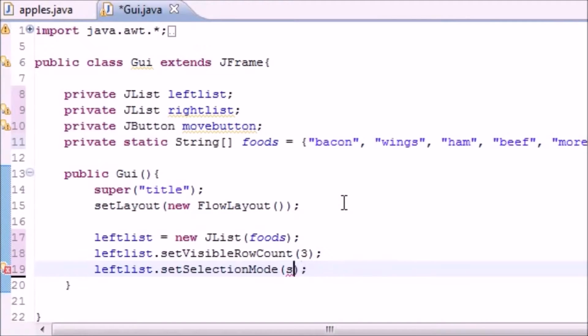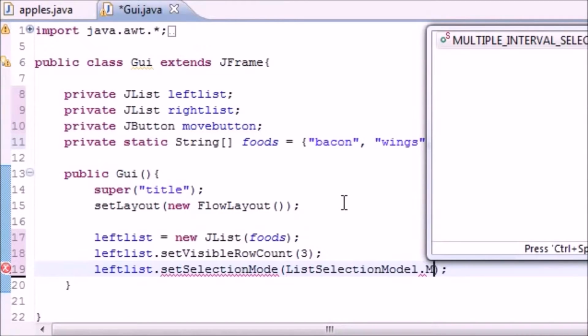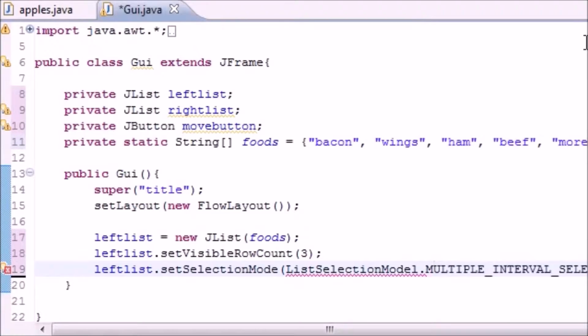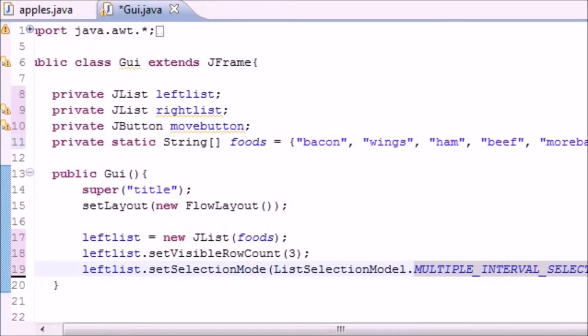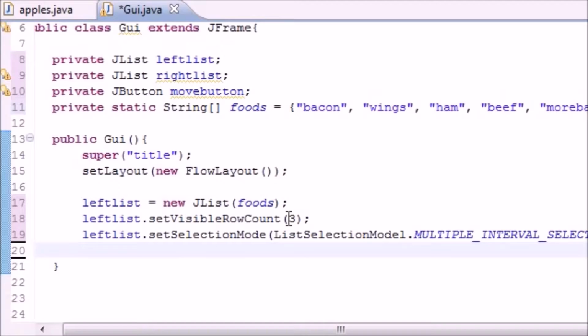And our selection mode, unlike before, is going to be the list selection model, multiple interval selection. What this means is, unlike last time where you could only select one thing at a time, with multiple interval selection, using the control and shift keys on your keyboard, you can select multiple items at a time. So now the last thing that we need to do to our left list is add it to